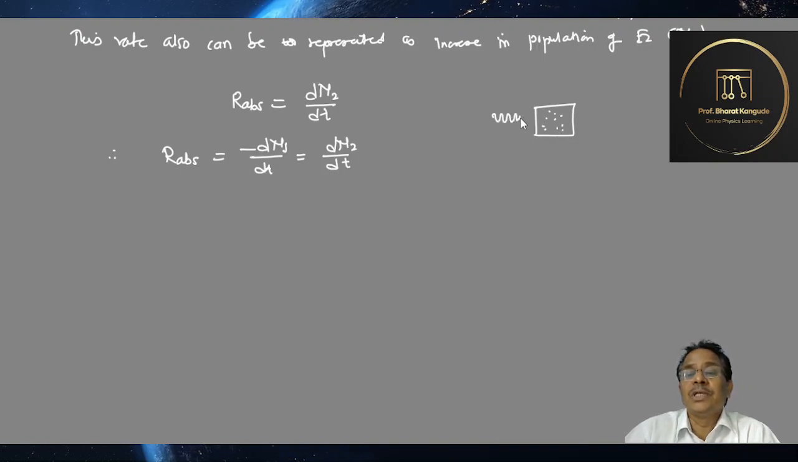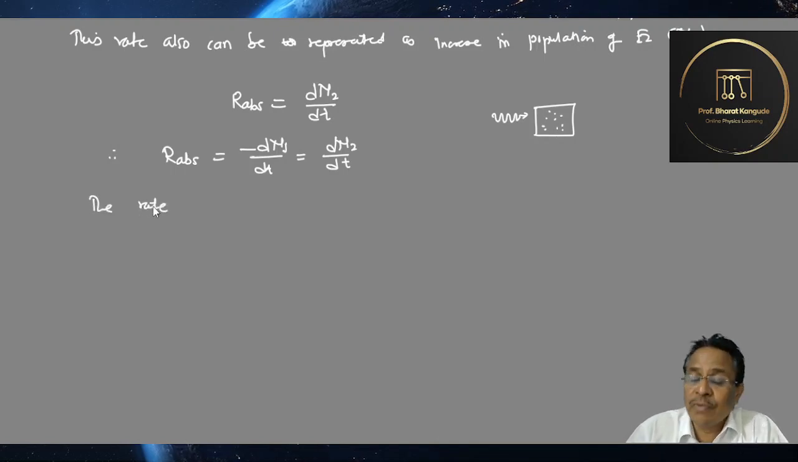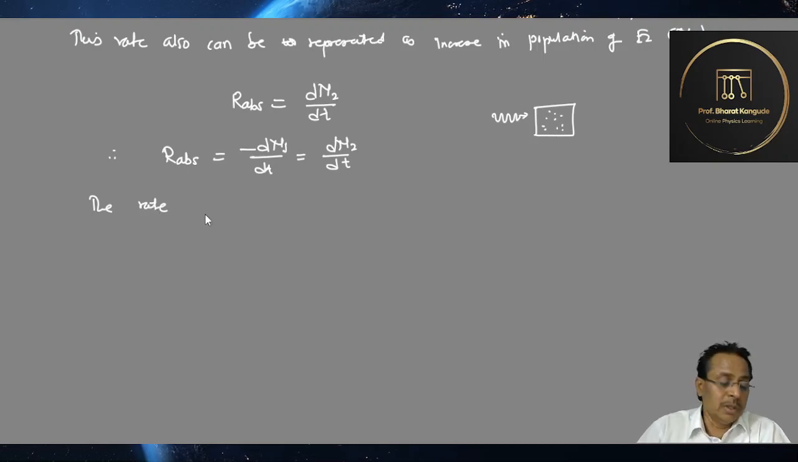If this number is very small, then this rate of absorption will be small. If this number is larger, then the rate would be larger, and along with that, how many atoms are found in the ground state or the E1 state. These are the two factors on which this depends. Taking these two factors into consideration, we can write the rate of absorption